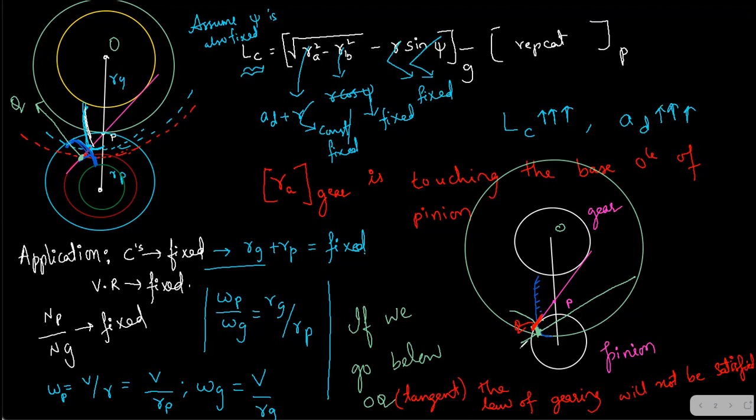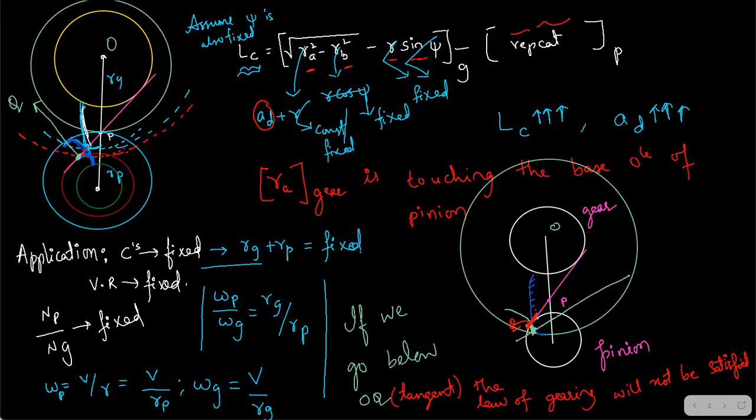Now we will find out an equation for up to which point we can increase the addendum. For that, we are going to write an equation. Fine. So any doubts still here? Students, any doubts still here? You can put it in the comments if you have any doubts, and then we will continue in the next video.